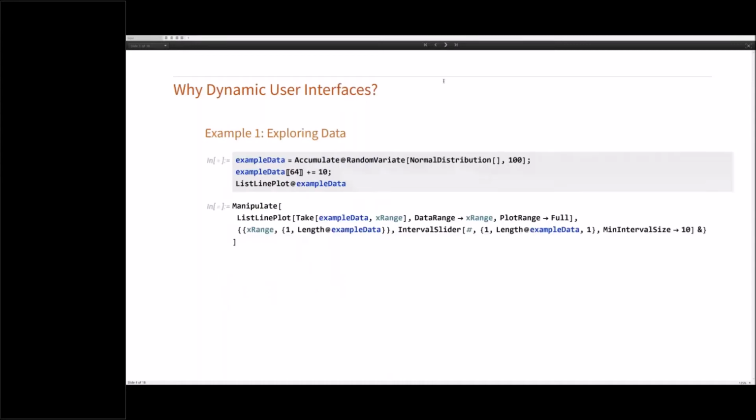So this brings me to the main part of this webinar. First of all, a small motivation. Why do we care about dynamic user interfaces? What are they good for? Here I have two very basic examples. The first example is